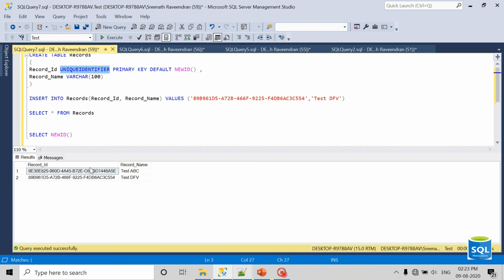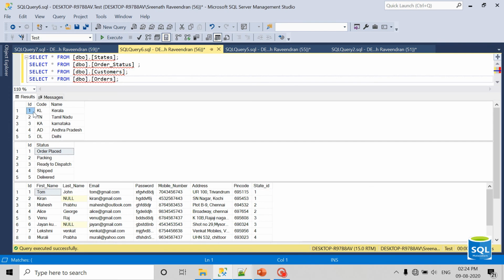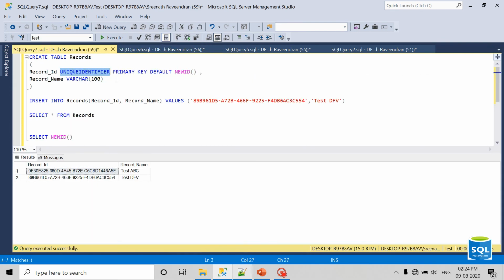Also, when we try to insert a record into that table, the value should exist in this records table. So that's the concept of unique identifier. But most of the time for a primary key, we set integer as the data type. Sometimes if we have some kind of scenario, then we can go for this unique identifier.